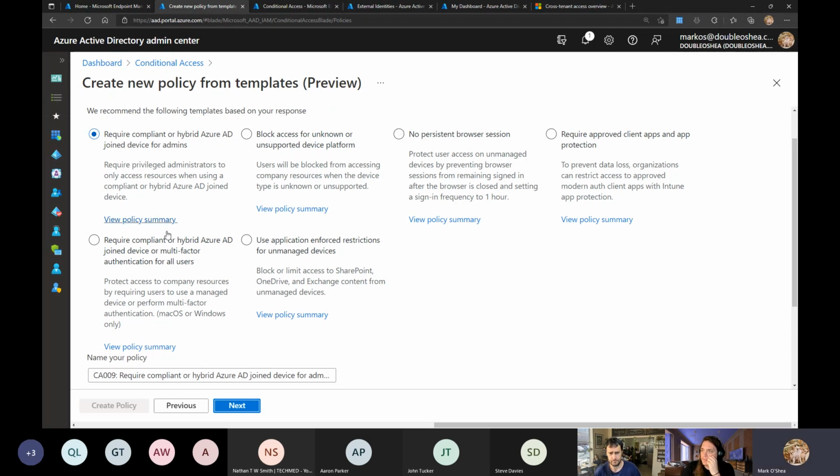Because if you take a look at the one above it, the require compliant device, that one is only in there for admins. That's right. So basically they're being a bit more aggressive in terms of what the admin requirements are. But then down here, to me, that just feels like they're being a little bit too loose with the end user requirements. Yeah, exactly. But I guess if it fits the org's policy, if they're not quite at the point where they know that everything is